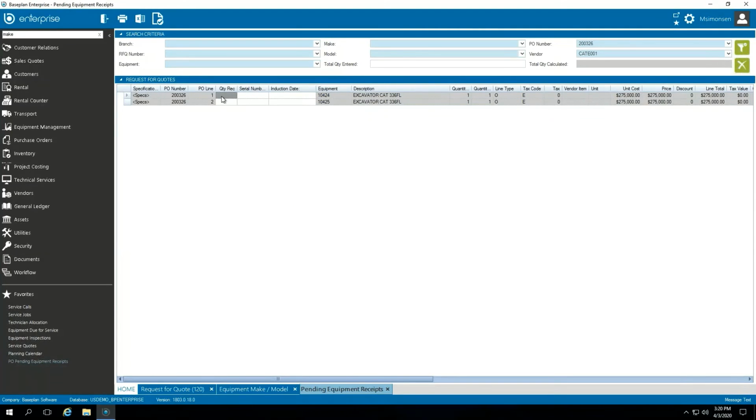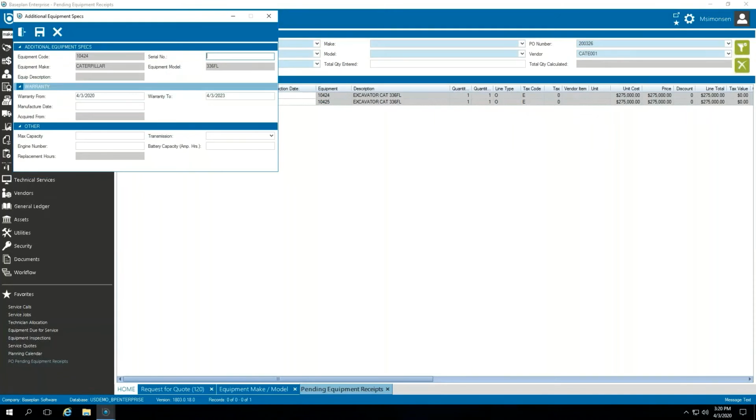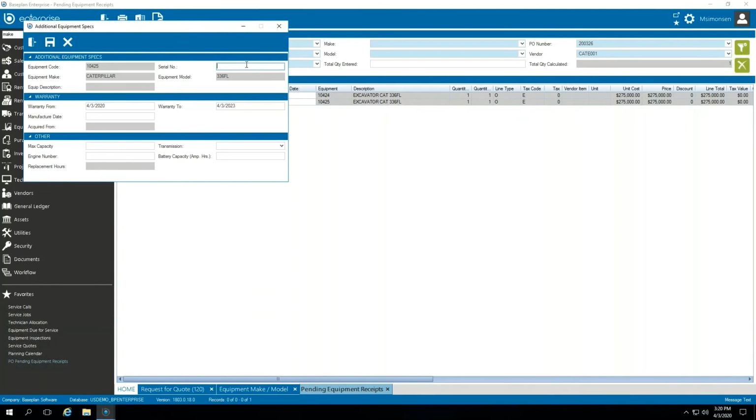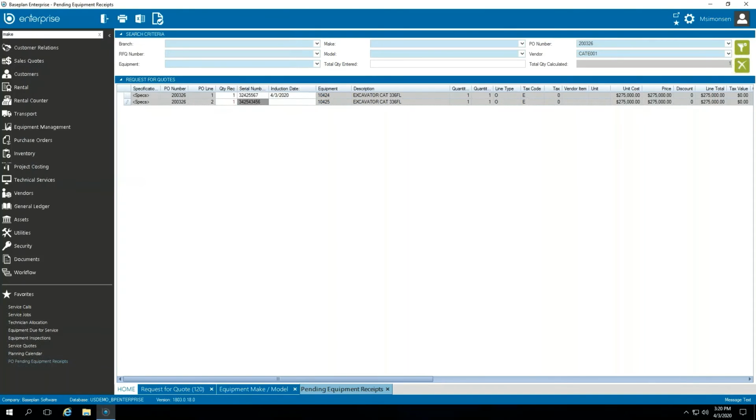And when I go through to this, I can choose I'm receiving one item. I can update the serial number, so I can put the number in there, and any other information I want to update in my spec screen. I can update the date that we're actually inducting the asset into our fleet. I can do the same for the second line. And so once I've entered all this information in, my second date,